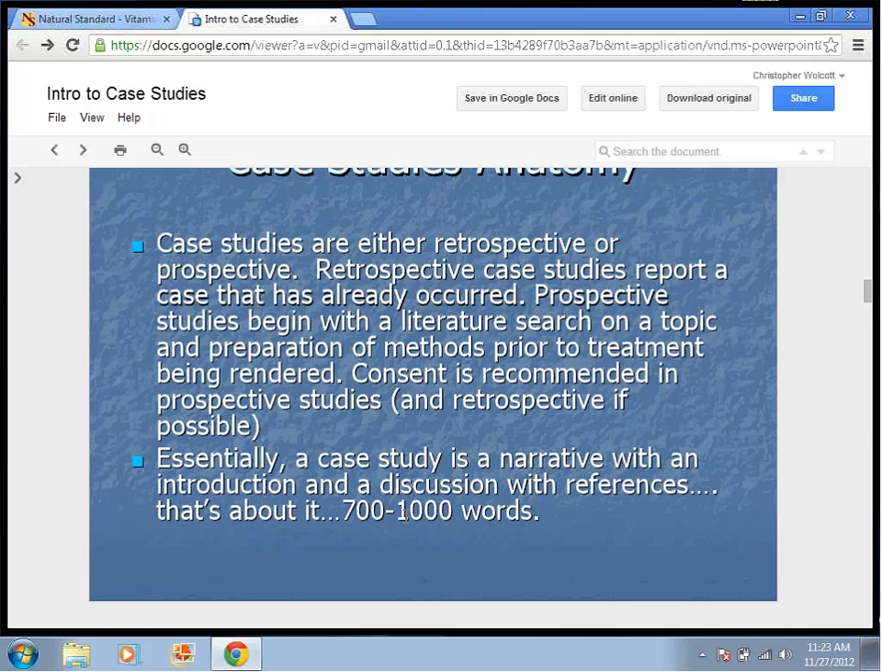And the reason that's important is you're not manipulating anything, right? Well, as chiropractors, we are manipulating things, but you're not manipulating variables. So you don't have a control group. You're not manipulating any variables. You're just saying, I want to see what happens if I do this on a series of patients, and I'm going to write down the outcomes, and then I'm going to publish on that. So that's a case series, which